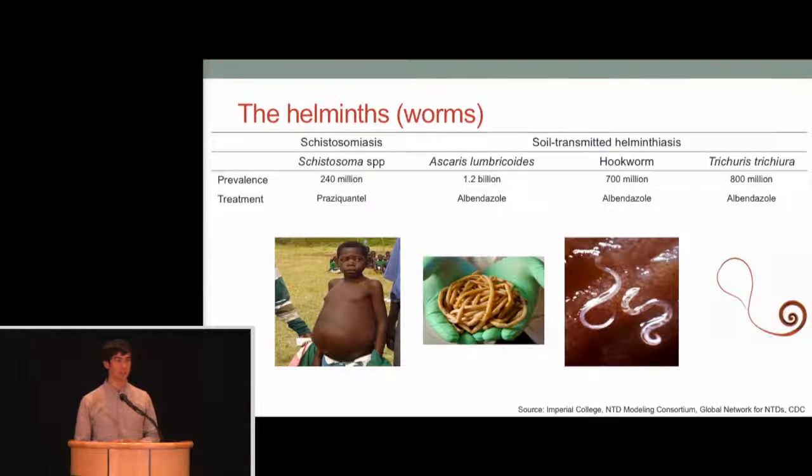Now, the presentation of these diseases has a wide spectrum, anything from relatively asymptomatic to more mild anemia and abdominal pain to very severe bowel obstruction, cancer, and even death.